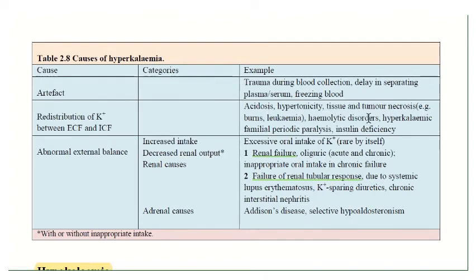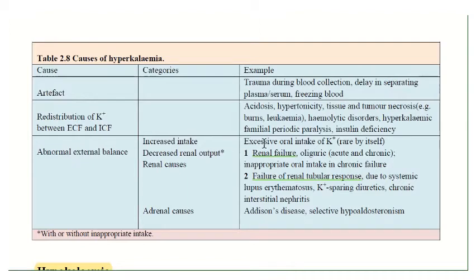tumor necrosis، example burns, leukemia، hemolytic disorders، hyperkalemic familial periodic paralysis، والinsulin deficiency. السبب الآخر abnormal external balance، وهنا increased intake،